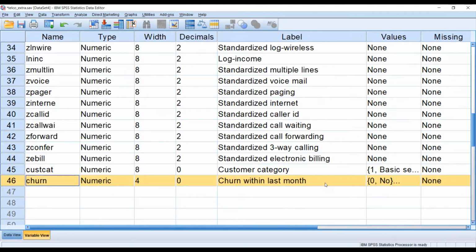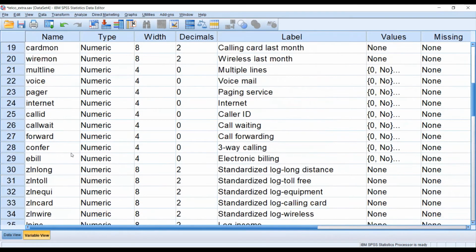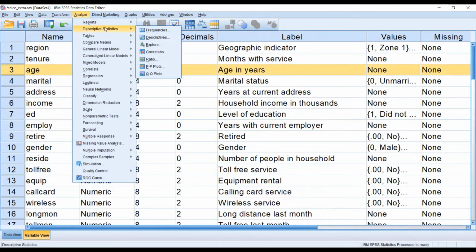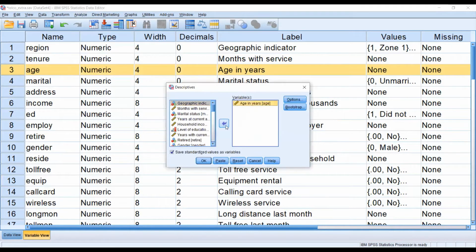The reason is we are going to cluster the customers on the basis of their distances. So how Z scores and Z variables are computed, I am just demonstrating one version of Z score for the variable age. If you are going to include a standardized version of age, go to Analyze, click on Descriptive Statistics, click on Descriptives again, and then select the variable which you want to standardize.